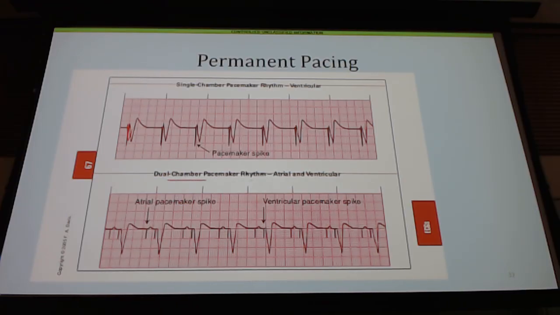Here's a dual chamber, which is in the atria and the ventricle. And you can see you get a pacer spike, you get your P wave, then you get another pacer spike, which then stimulates the QRS complex to occur. So it's kind of restoring a normal physiologic cardiac